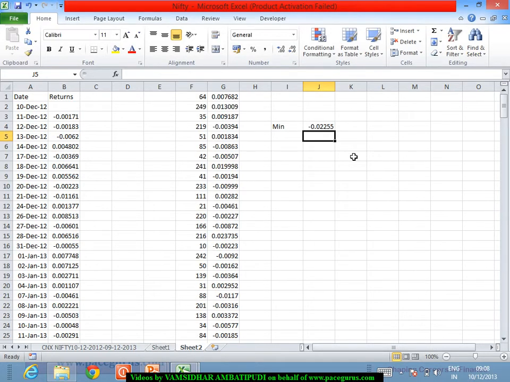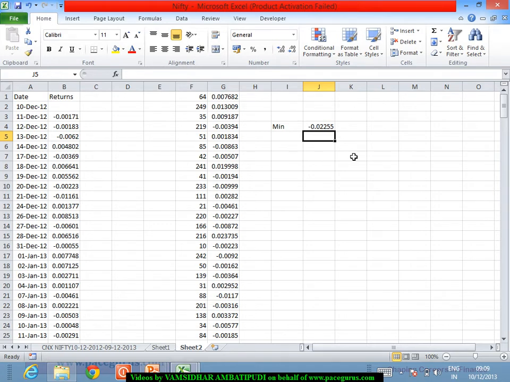So what is happening is, if I repeat the same experiment many times, this process is called bootstrapping. From the original data set, I pull out a subset of the data on a random basis, and from that subset compute the VaR.